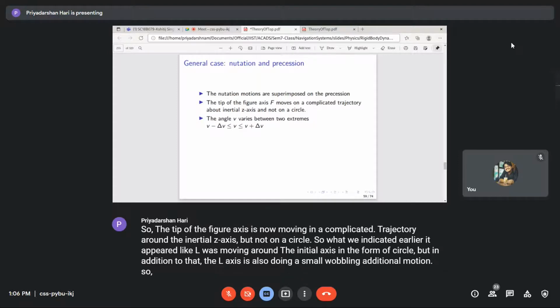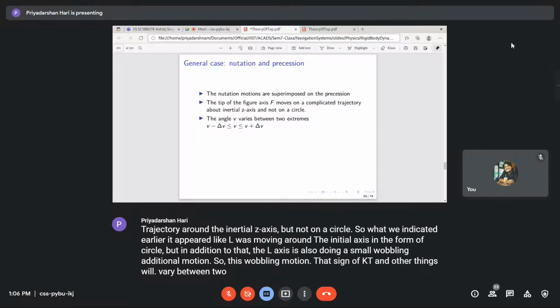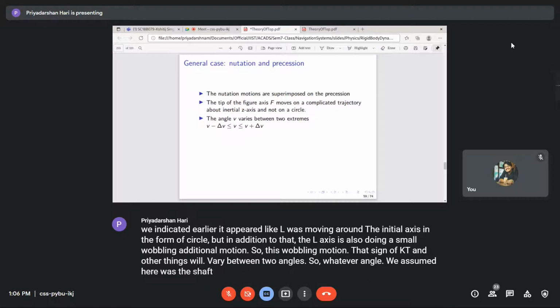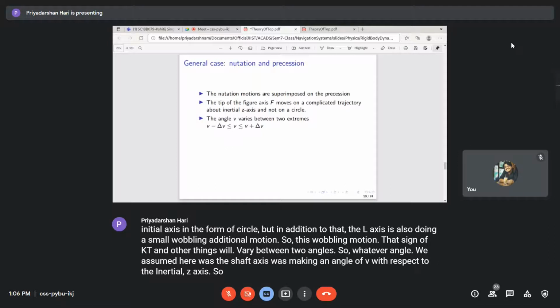This wobbling motion, that sine of kt and other things, will vary between two angles. Whatever angle we assumed here, the shaft axis was making an angle of V with respect to the inertial Z axis. So there is a plus or minus delta V with respect to this angle V due to